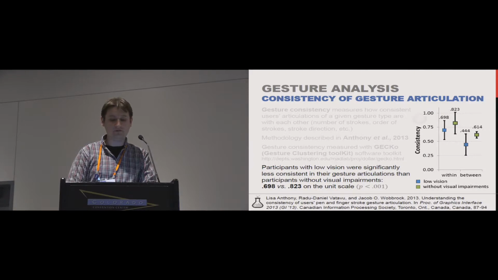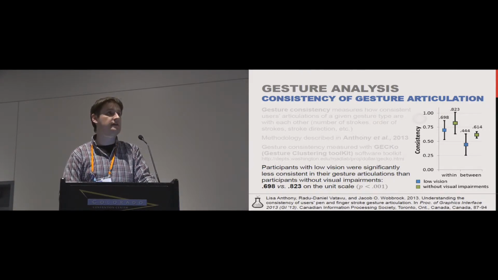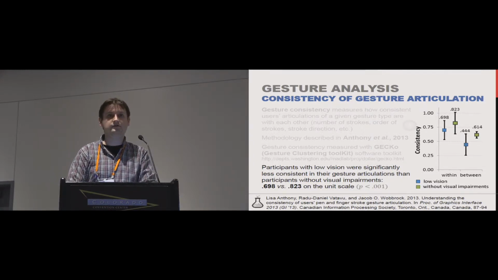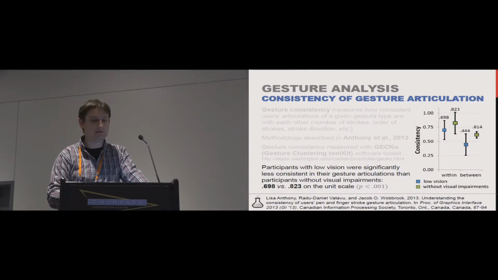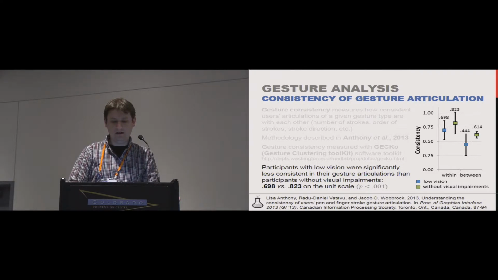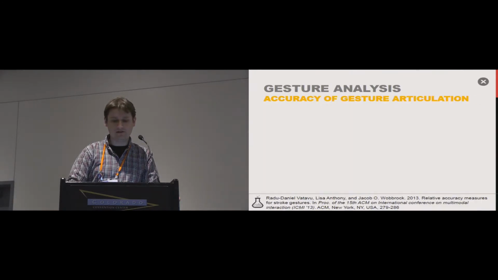So basically participants with low vision were significantly less consistent in their gesture articulations than participants without visual impairments. The difference was statistically significant. So basically this means that people with low vision produce gestures in many more different ways than participants without visual impairments. And in order to understand more,